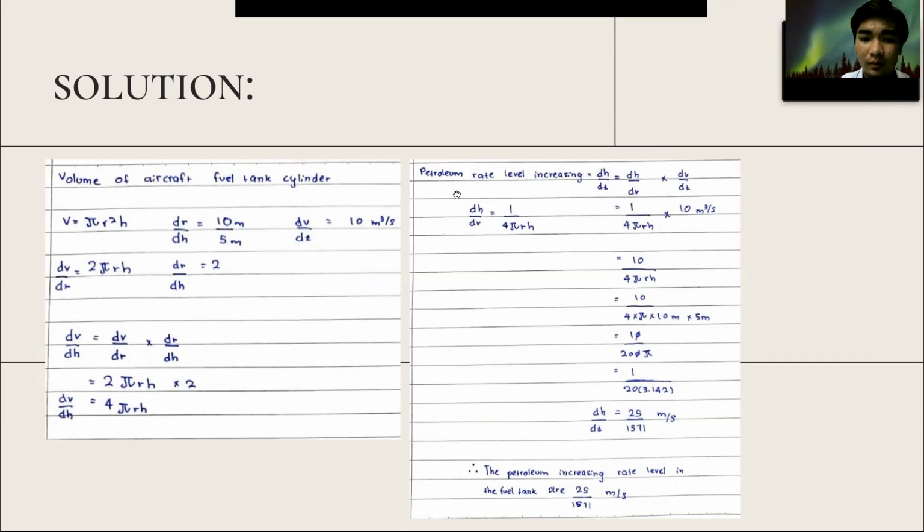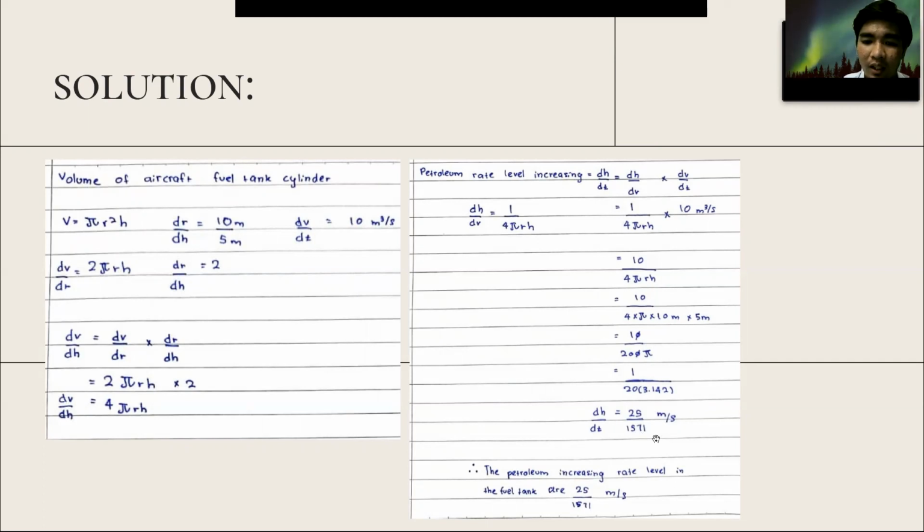What we want to find is the rate at which the petroleum level is increasing, which is dh over dt, equal to dh over dV times dV over dt. dh over dV is 1 over 4 pi r h, times dV over dt, which is 10 meters cubed per second, and we get 10 over 4 times pi times 10 meters times 5 meters. And the final answer should be 25 over